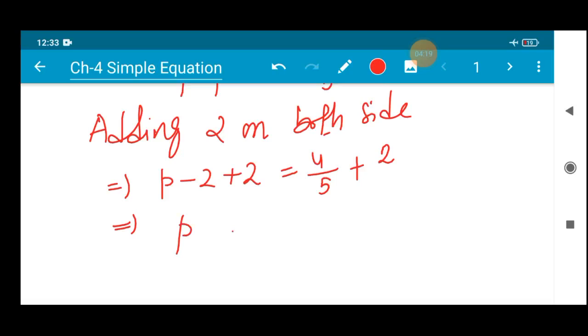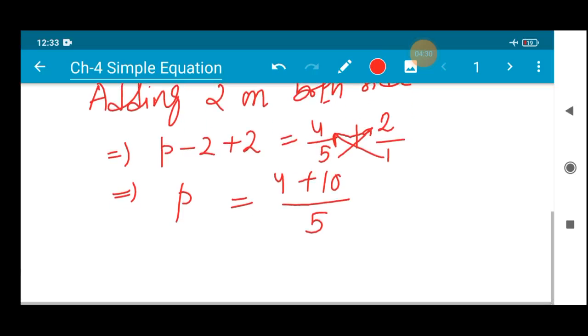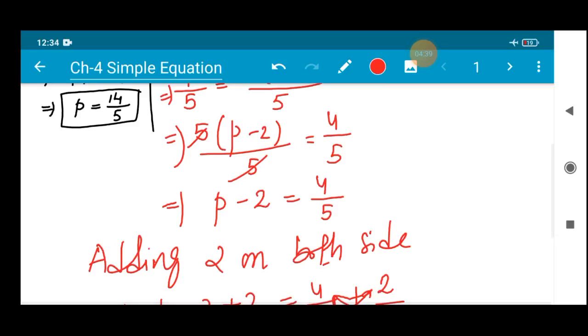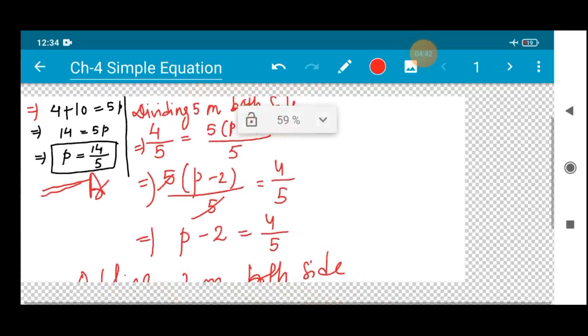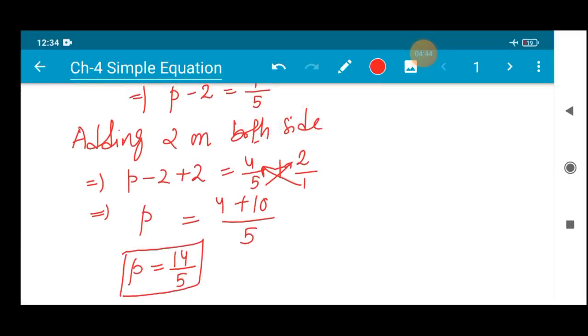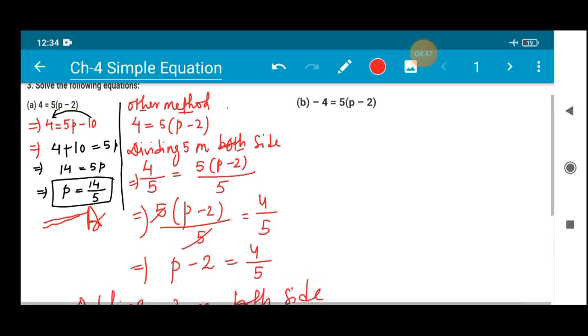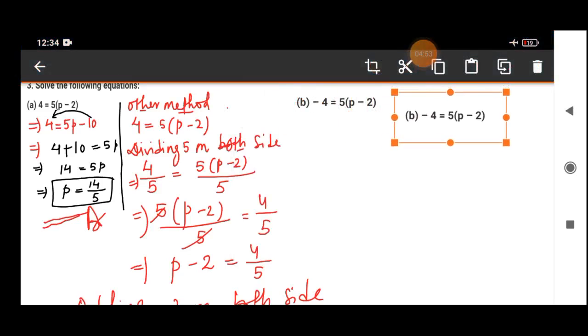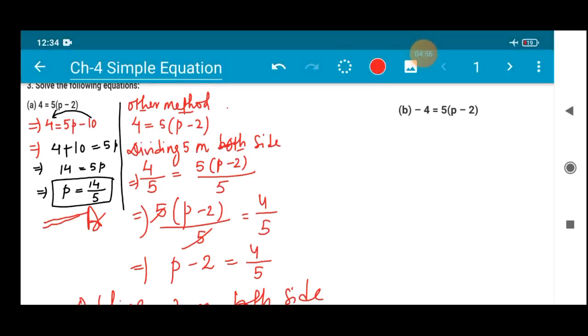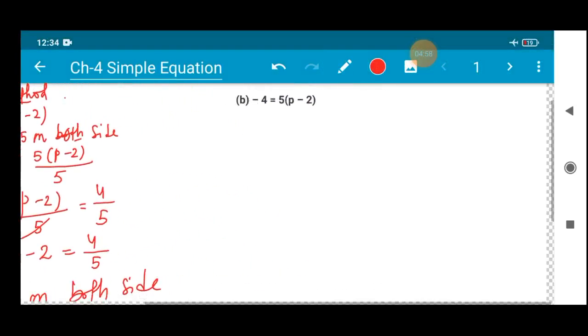So p will be alone here, is equal to, now you can see the numbers are a fraction with denominator 5 here. If you cross multiply, 5 twos are 10, and 4 plus 10 is 14. This type of sums we have done a lot during class 6. Okay, 14 by 5 is the answer. So the value which we got here is 14 by 5 in both cases. Just see, whatever method you apply, the value will be the same in both cases, right? Whichever process you want to go for, you can choose that. All right, okay, let us proceed to the next one, number b.